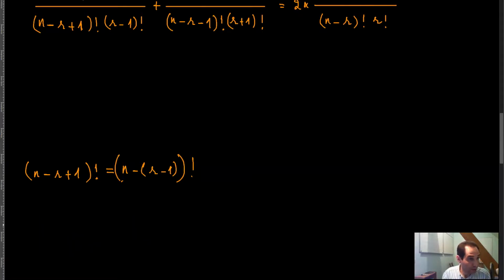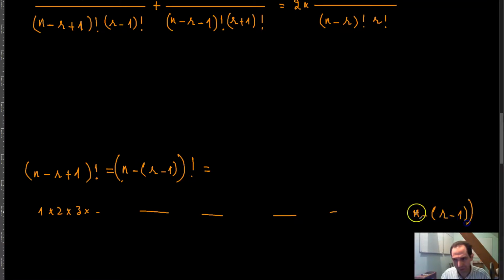And then you can write this as 1 times 2 times 3 times all the way up to, basically, this would be the last term, so n minus r minus 1, right? Now the term that comes before that